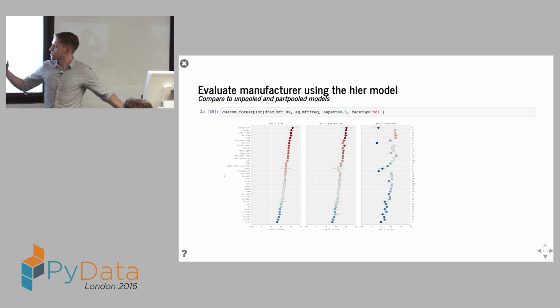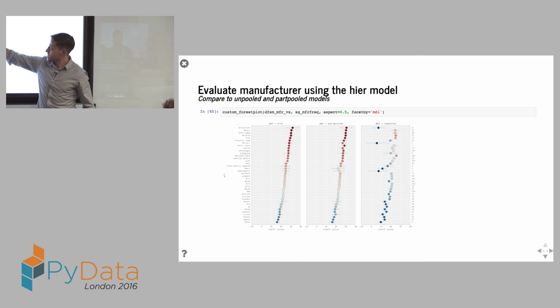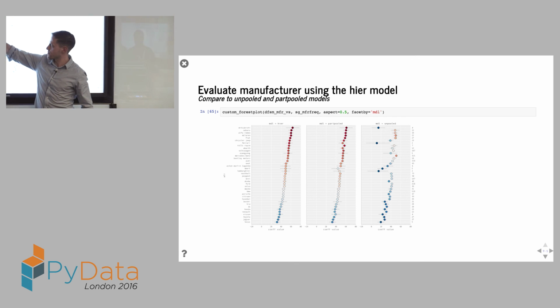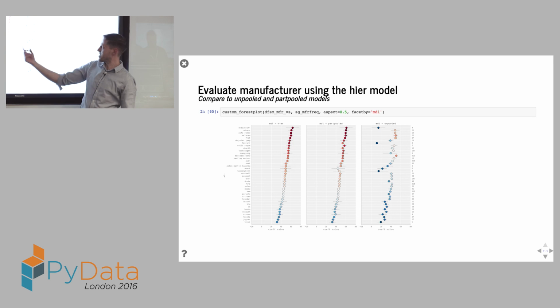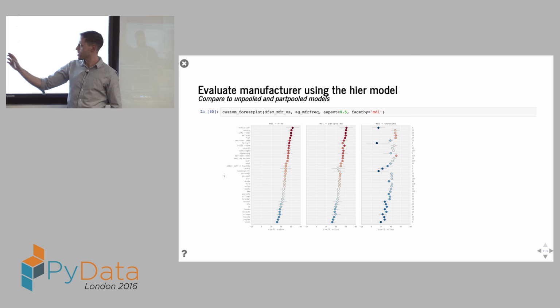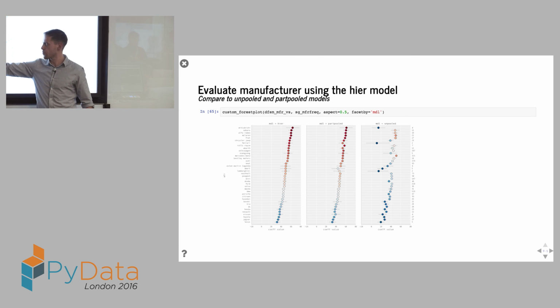Again, probably got 2 more minutes, I hope, and it won't take too much longer. This is the outputs from the hierarchical model on the manufacturers. And see, there's been a few changes around there. You know, things like the smart cars have been pulled upwards. They're part of Mercedes group.